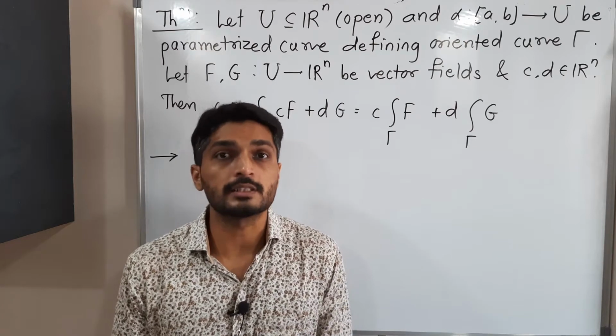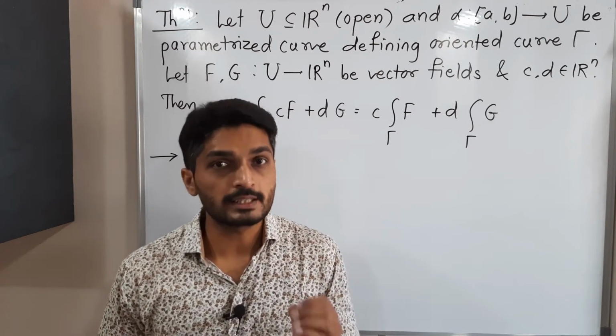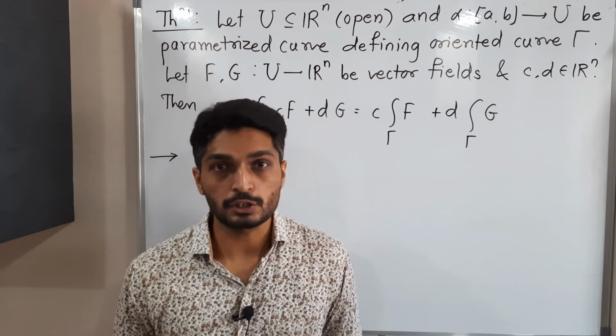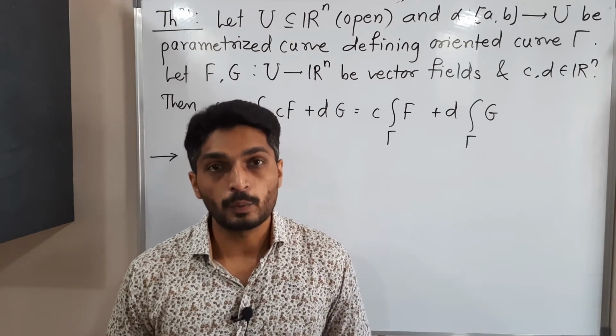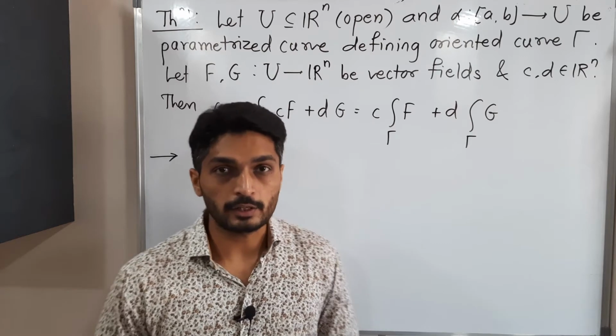That means in a real integral also we do the same. If there are any constants, we take them outside. If there is addition, we take separate integration. So here also we have to prove we can do the same for line integral of a vector field. Okay, so let us start to prove it.